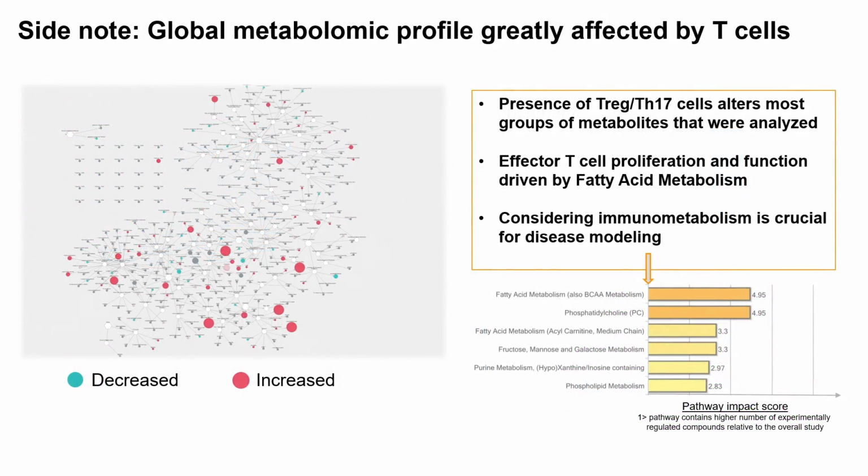There's a side note I want to make. We also did a large global metabolomic analysis of media under different conditions. There's almost no group of metabolites that's not affected by T cell function and vice versa. So I'd like to make the point that it's also prime time to start thinking about how we compose media for this kind of interaction studies, and that metabolism should play a significantly larger role in